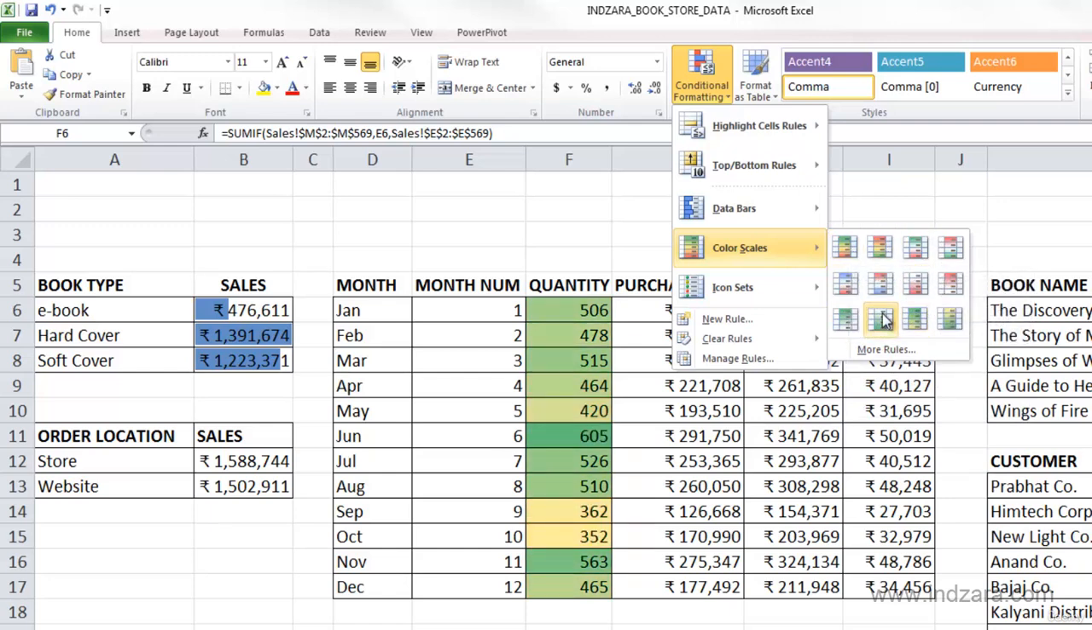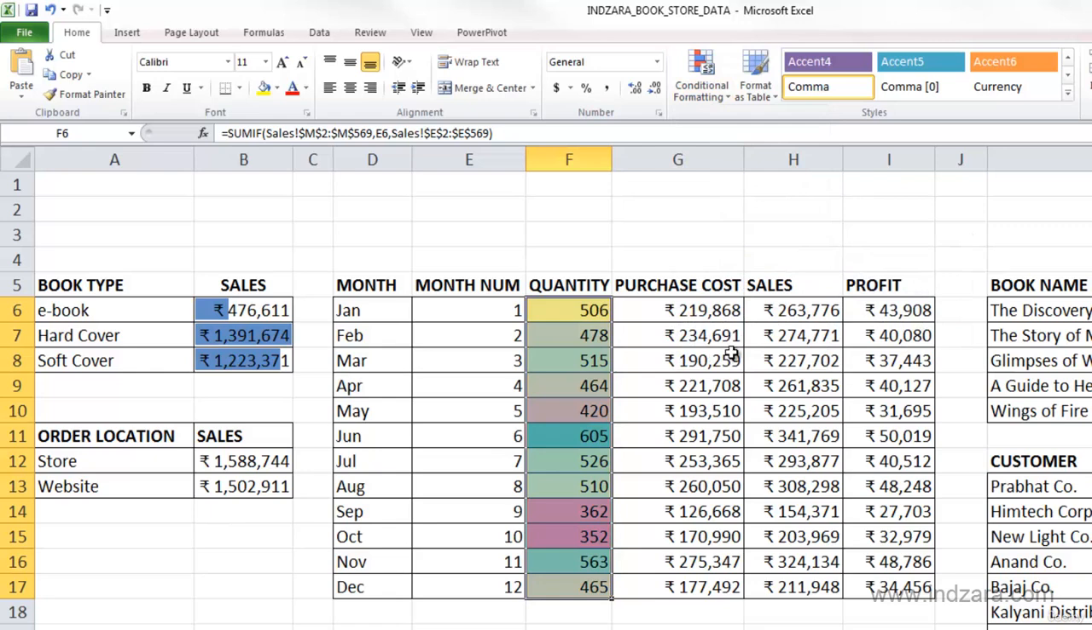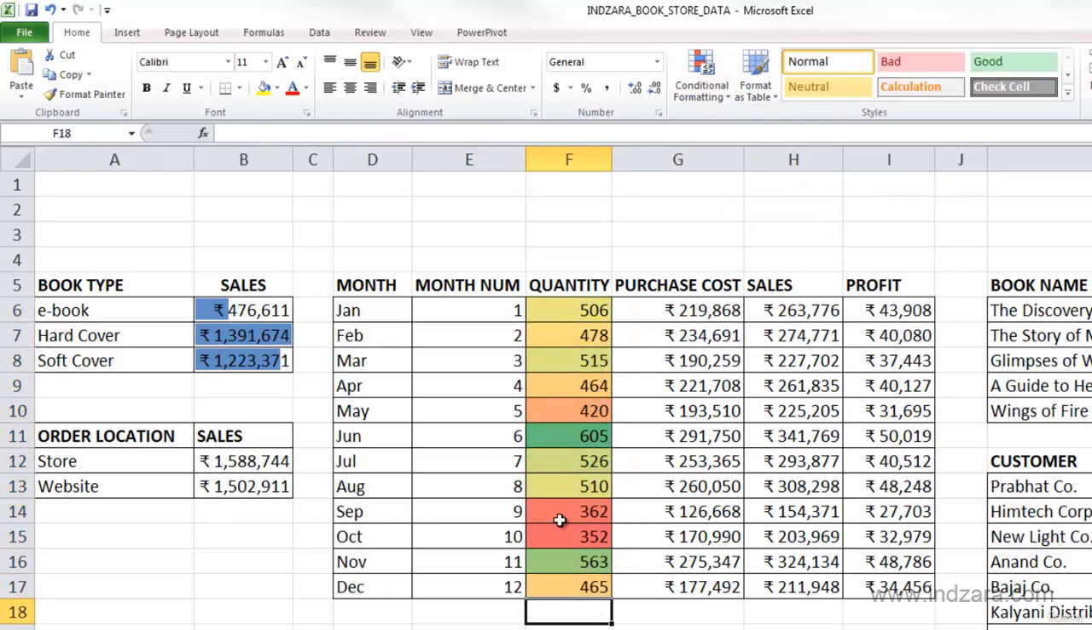And there are about 12 presets, but you can also click more rules and customize it to your needs. And now I'm going to just choose the first option here, green, yellow, red. And as soon as I do that, these cells are now color coded,